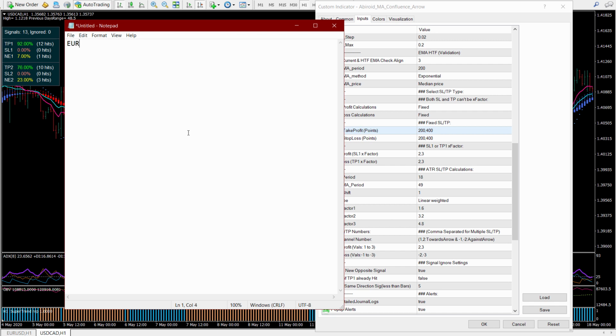Suppose you are trading euro dollar and price is right here, and if you set for a buy signal, if you set take profit to 200 and 400 points, in that case it will set TP1 to this value and it will set TP2 to 400.